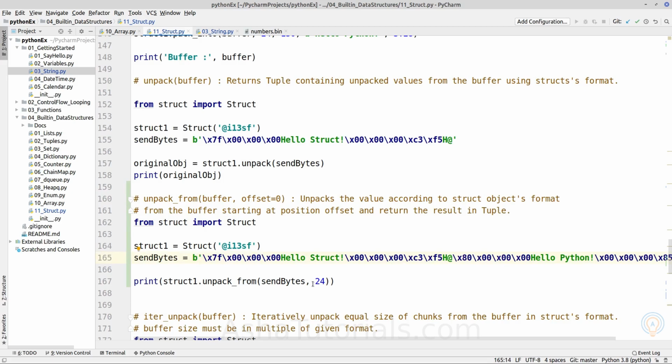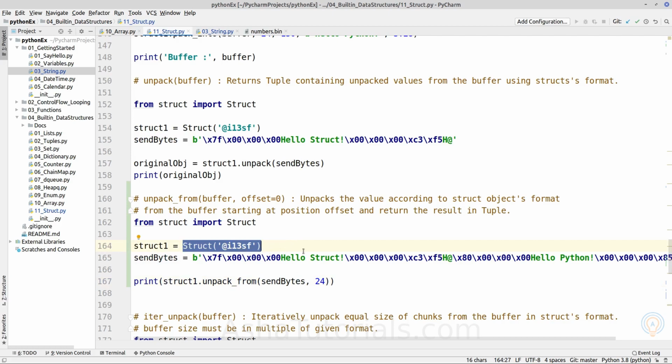We want to unpack the second struct, which begins from index 24. So we can use the unpack_from method, which takes offset as an argument. Here we will provide 24, so it will begin unpacking from index 24, and the length will be the size of the given format.